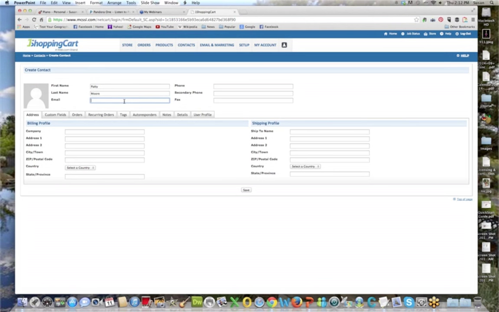Now, that doesn't mean somebody won't be in your database 3 times because they use 3 different email addresses. I'm in this twice because I have 2 different email addresses, which means every time I send something out to my entire list, I get it twice. So I get people all the time going, I'm getting 3 things from you. That's because you've got 3 different email addresses in my database. Which one do you want me to remove, right? And you can move them. Okay, so I'm just going to make up an